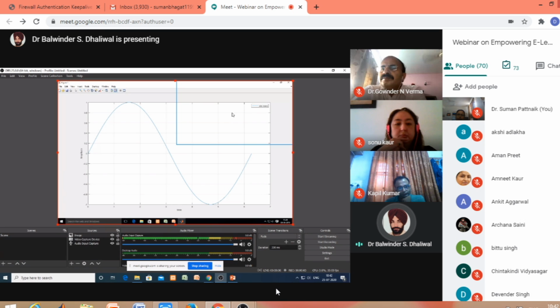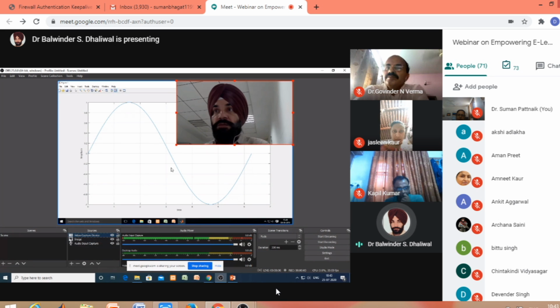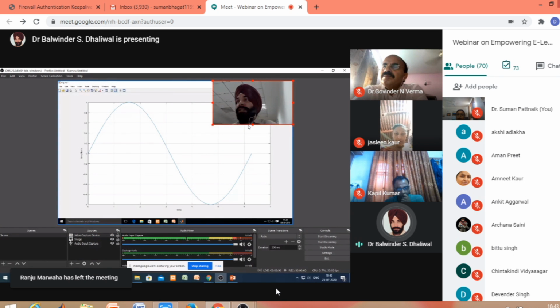If we want to record image plus video, then what we need to do? Say this is again the same image I am using. The image we have opened, now we need to open this video capture device. I have to press this up and down button. If I press this up, the video capture input device will go over the image. Now we can adjust the size of the video and change its position wherever we want. So we can have these two inputs, image plus video.